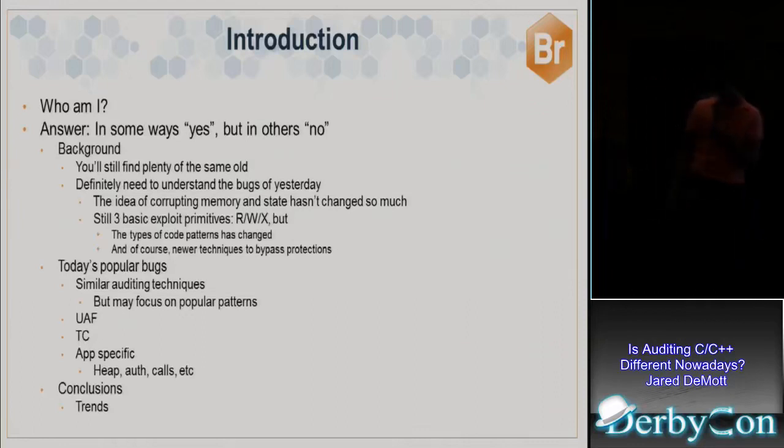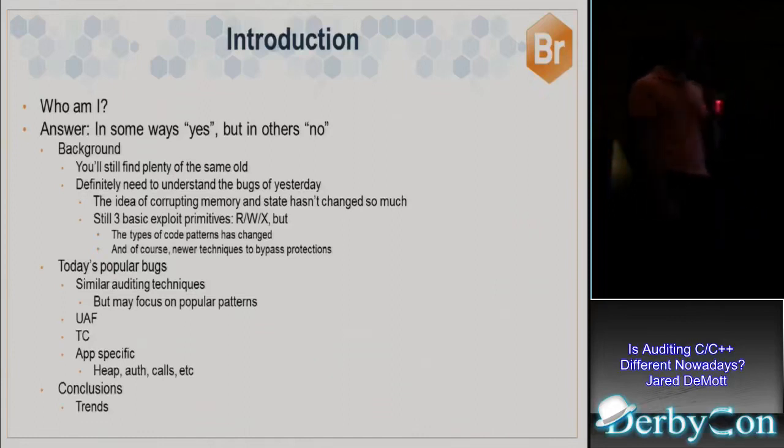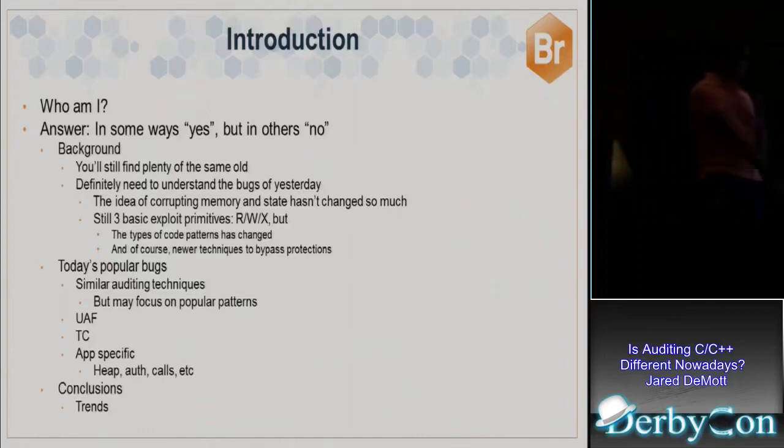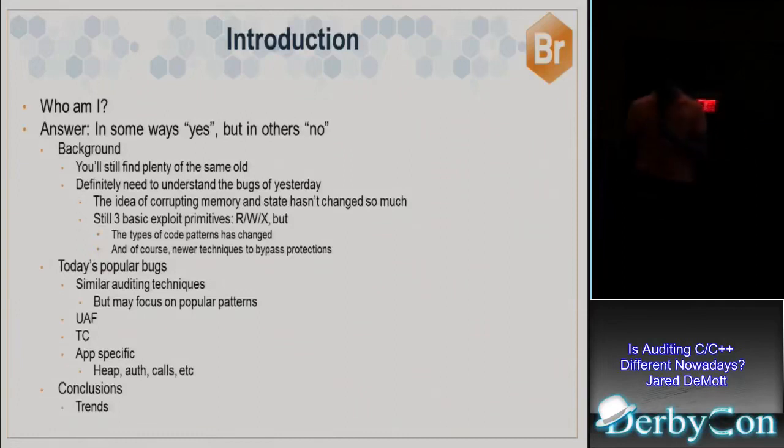So in terms of background, that's what I'll cover first in the talk today. The talk will be split up into 2 main categories. You'll have what the state of code was, and where it is now. So it was memory corruption with simple API misuses and things like that. We'll look at some examples. And now, the bugs you're seeing in C and C++ code are more of the use after free and the type confusion and stuff like that. And that's what we'll talk about toward the end of the talk. So I'm just going to jump right into it.